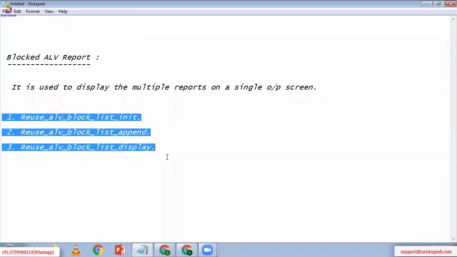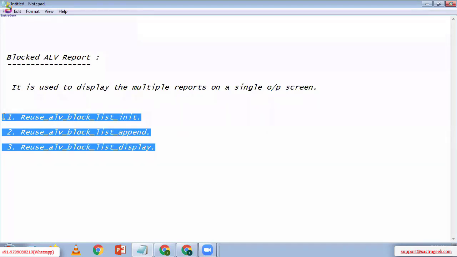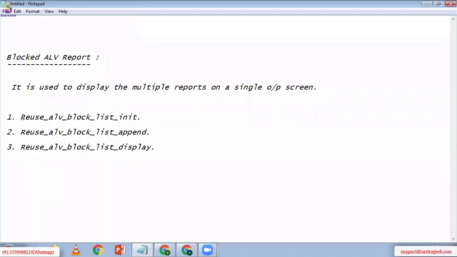Without these 3 function modules, you can't develop the blocked ALV. If you want to generate the blocked ALV, 100% we need to use these 3 function modules. The first one is what? Reuse